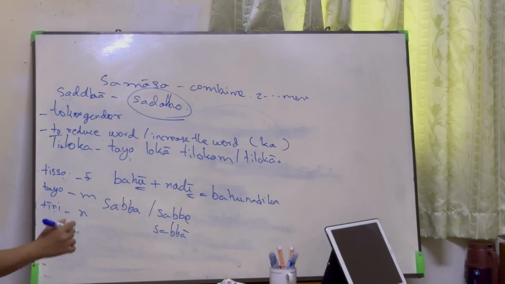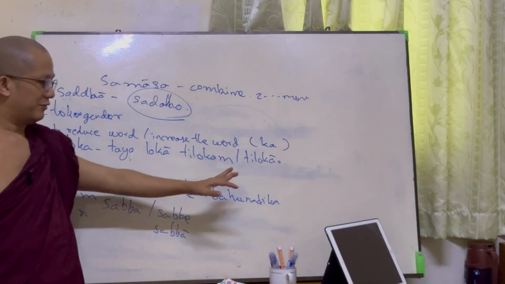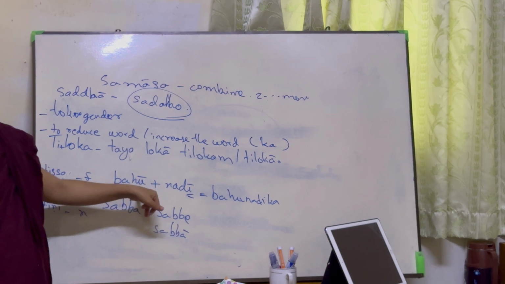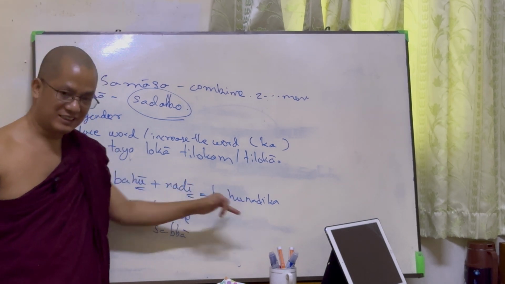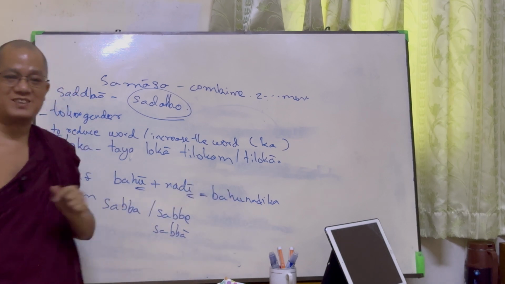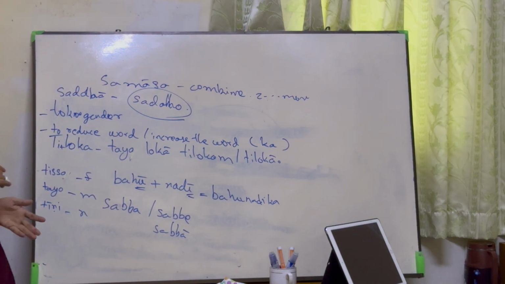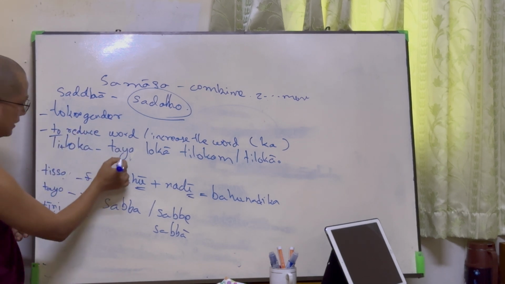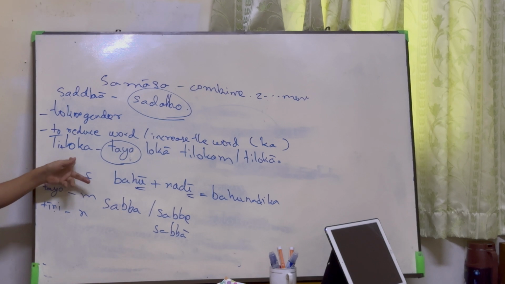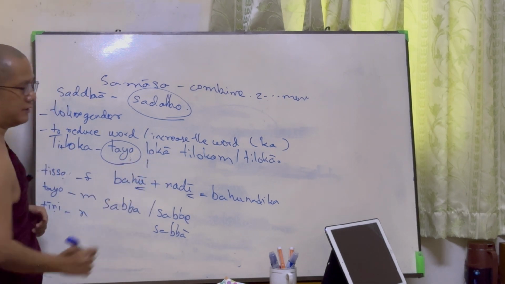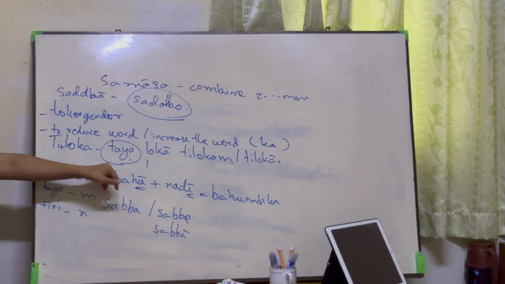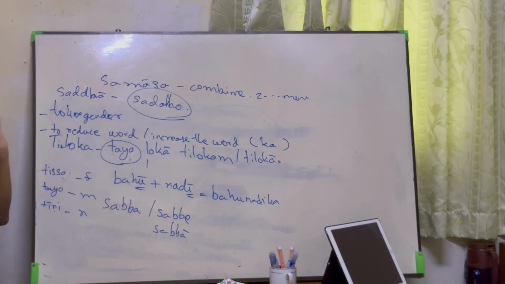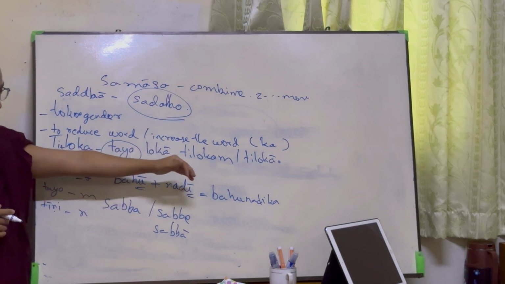Yeah, this is what you noted, but now we study that according to the sutta, we change this ī into i and this ū into u. We will study it, because if you write a thesis, you need to explain according to the sutta. Teyo: the word changes according to the sutta, and you need to explain it like that. Therefore, you already noted it first, but not together with the references. Now you need to study it together with the references.